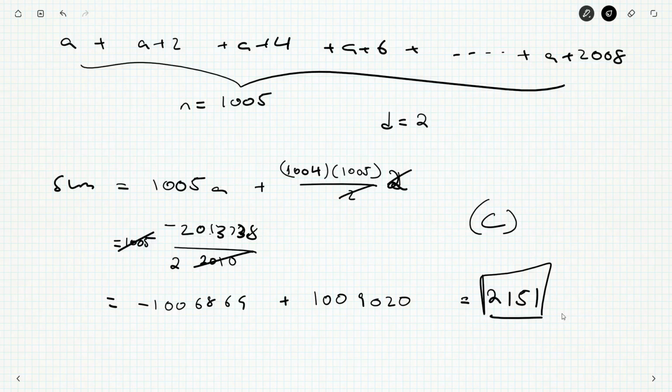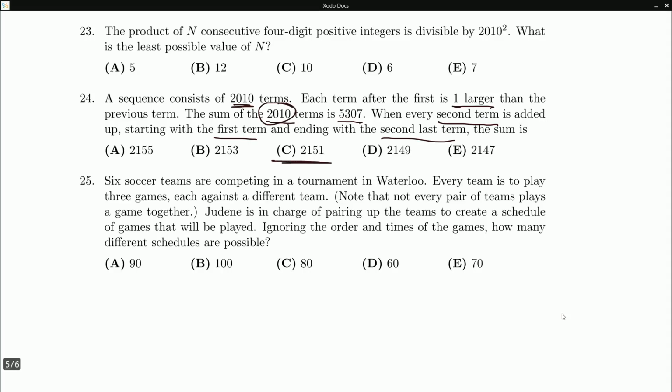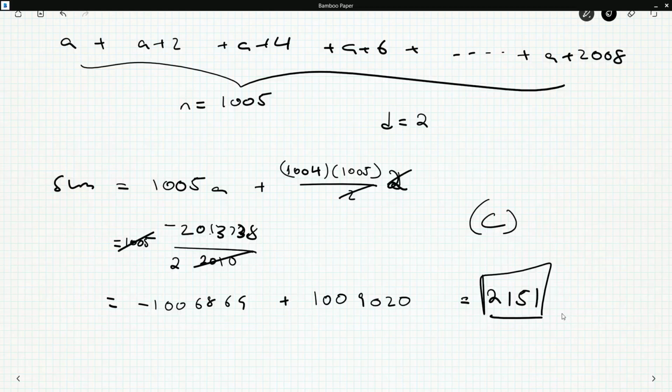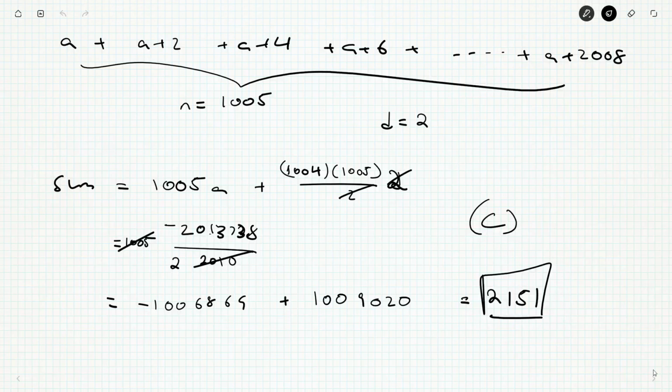And how does this relate to the 5307? So it should be roughly about half of it, right? No, not quite. Interesting. Very curious. Very curious, this question. I wonder, I was about to end the video, but I wonder,